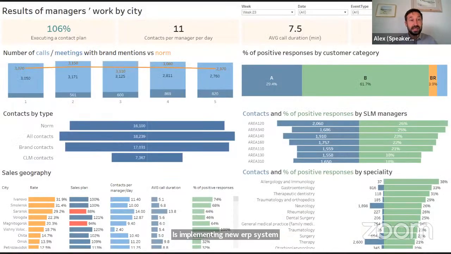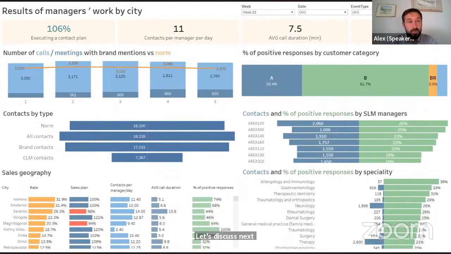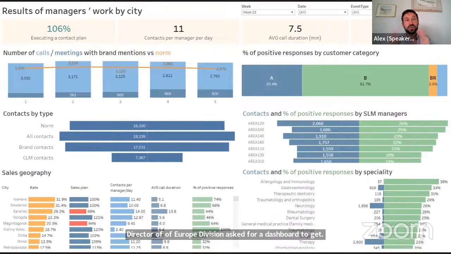Let's discuss the next case. This dashboard was developed in Tableau for a pharmaceutical company. The regional director of the European division asked for a dashboard to get a sales summary for their branches, products, and sales force, to get this brief information at a glance.